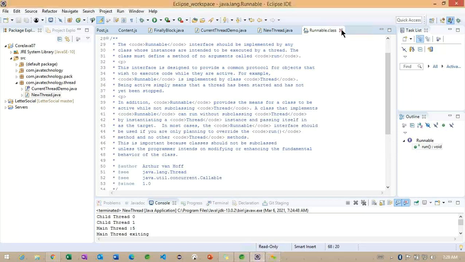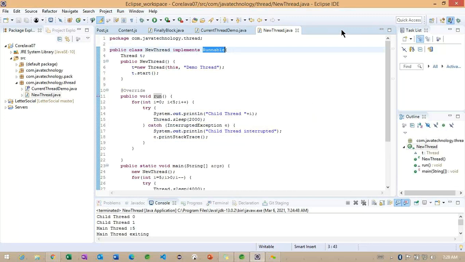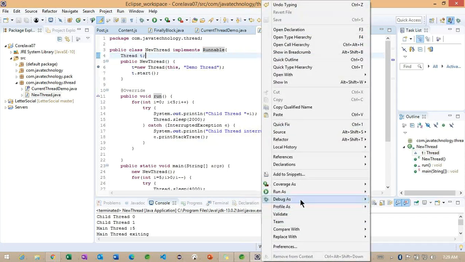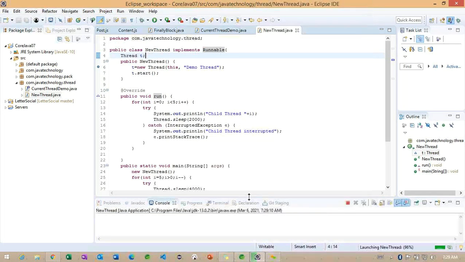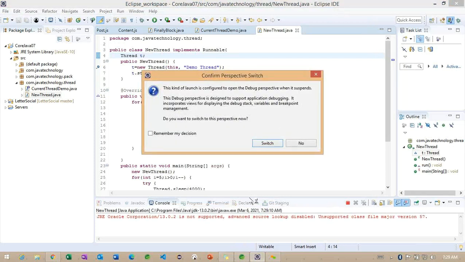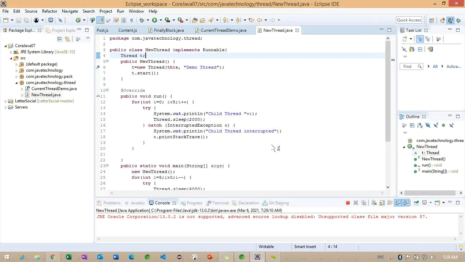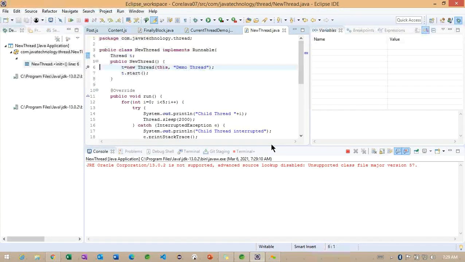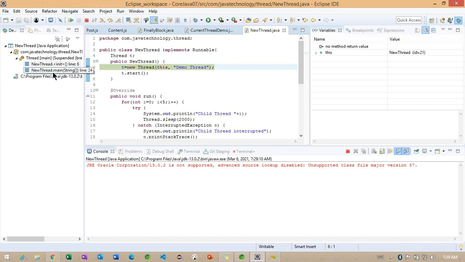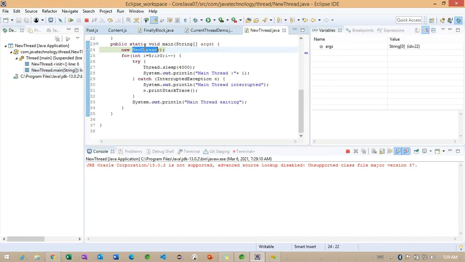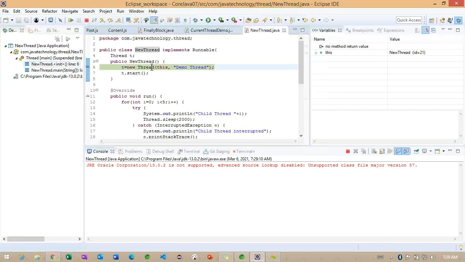We'll try to focus using the debug mode, but in the debug mode you cannot identify what exactly we are going to achieve. So even though we'll try to check here, now I'm putting a breakpoint here and starting the debug. In the debug, the sleep time may give some difference, so we could not identify the exact way of execution when we are working with multiple threads. If you observe carefully, from this line number 24, it is called line number 6. Getting the point?